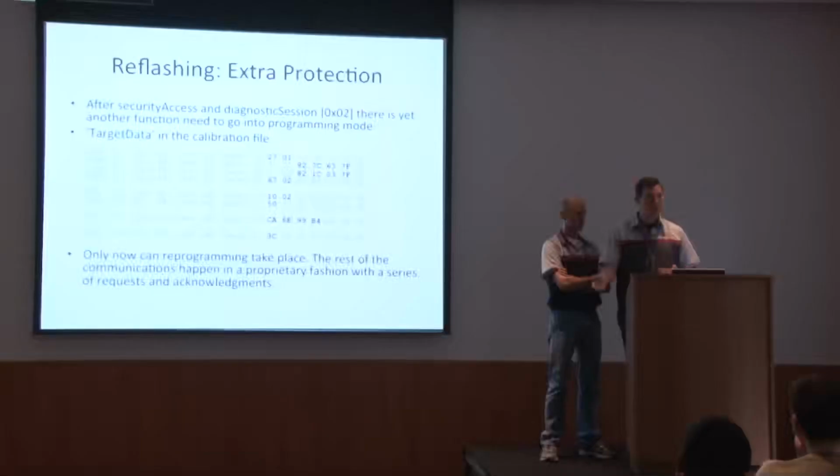But you need a special password before you can actually do reflashing, and it communicates on these really low CAN IDs. Unlike Charlie's car, where he could do security access and then reflash, I had to do security access, send this kind of one-time password for the given calibration, and then figure out this proprietary communication protocol between the computer and the ECU. So we're still kind of working on that, but if you're interested, read the paper. There's like 10 pages of information that will tell you how we went about doing this.